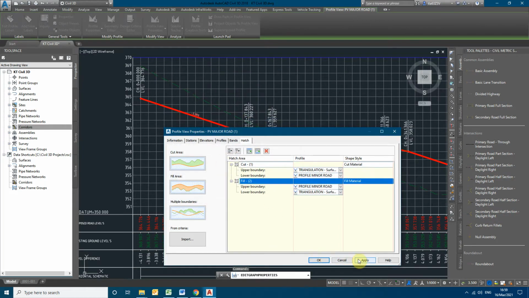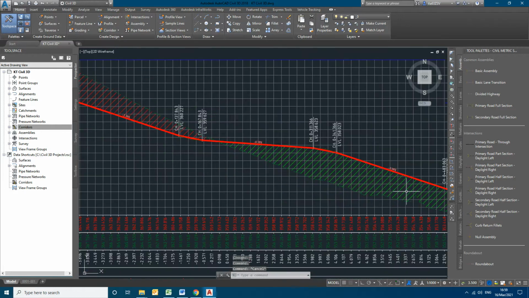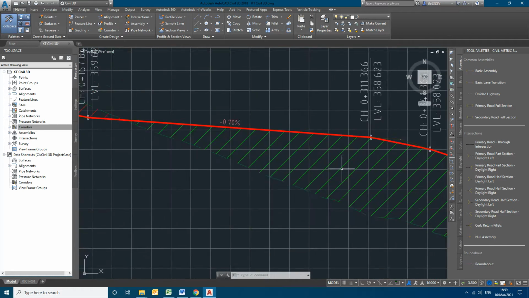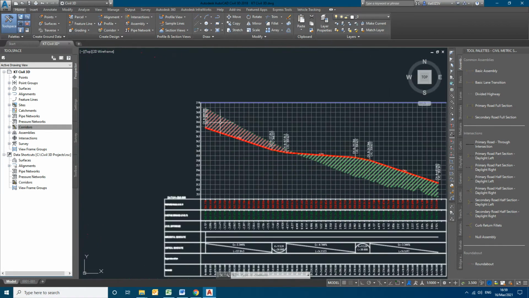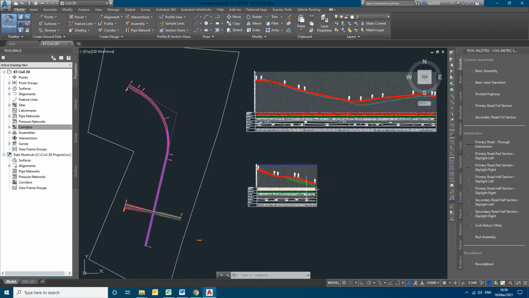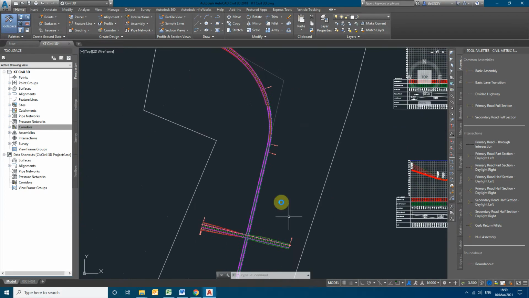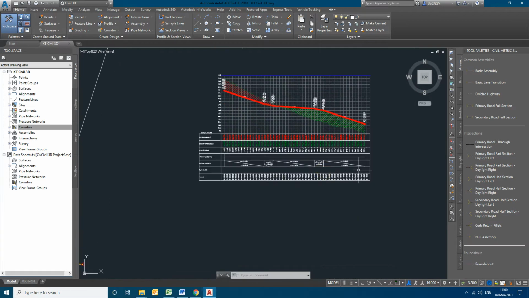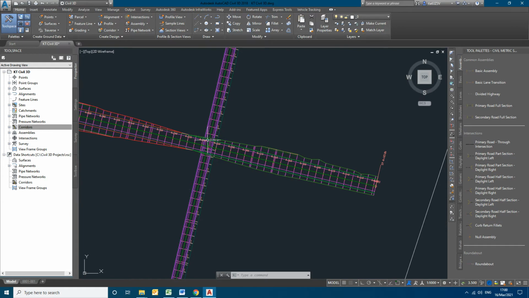Just by clicking apply, you can see the hatch of fill area and cut area. In this way, we can easily understand in the profile itself which part is going into the fill and which part is coming into the cut. So this is for the annotation purpose. So this task of applying up to the corridors has been completed.